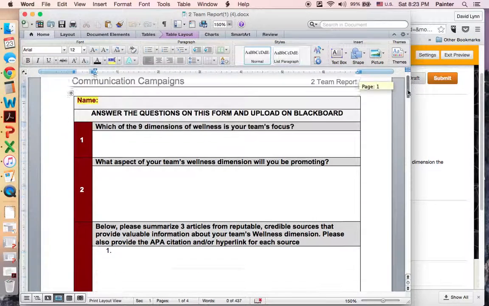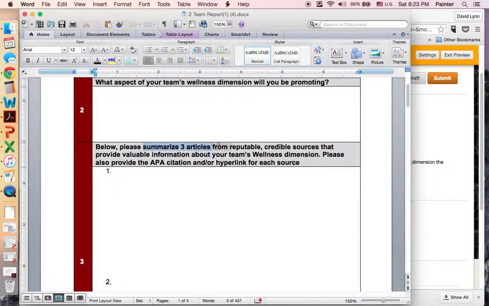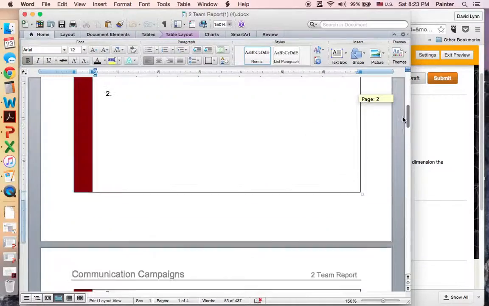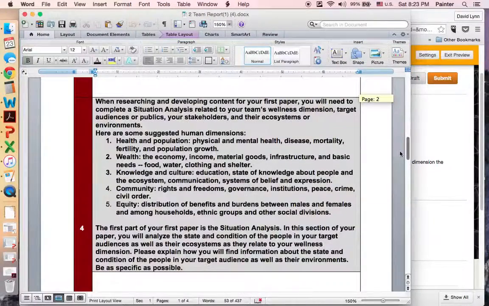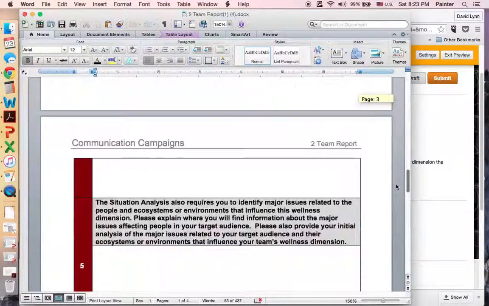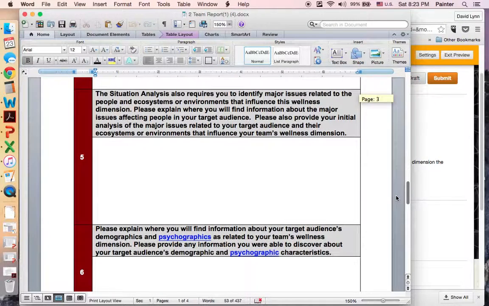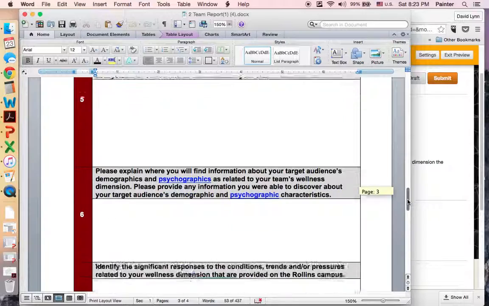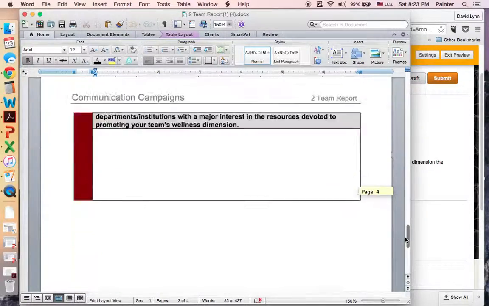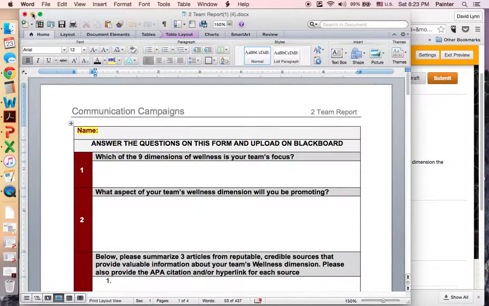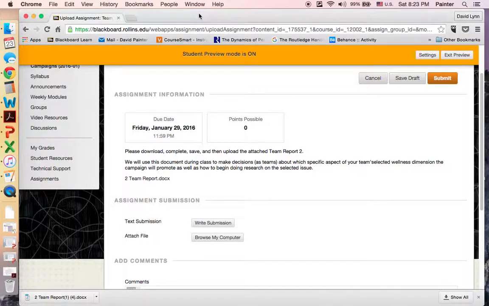So here's team report 2. Here's where you'll summarize 3 articles from the sources that you searched, that you found when you searched. And then the rest of this content is going to get you started thinking about how you will address the required elements in paper 1, the draft of which is due next week. Okay? So let me know if you have any questions, and I will